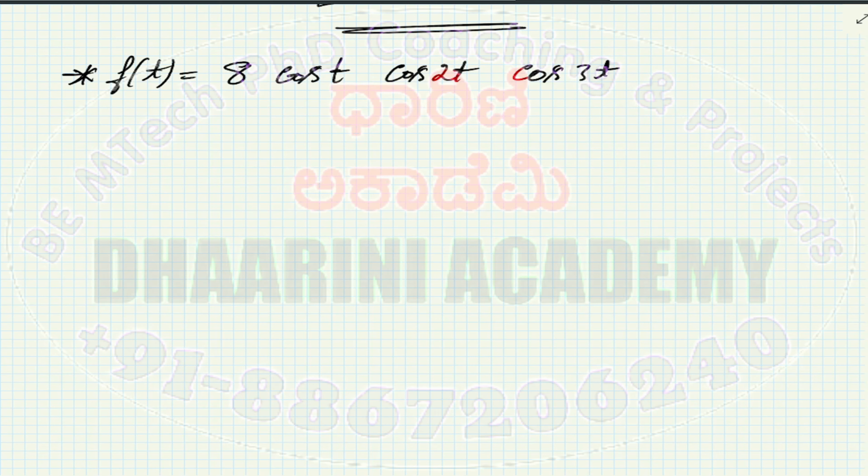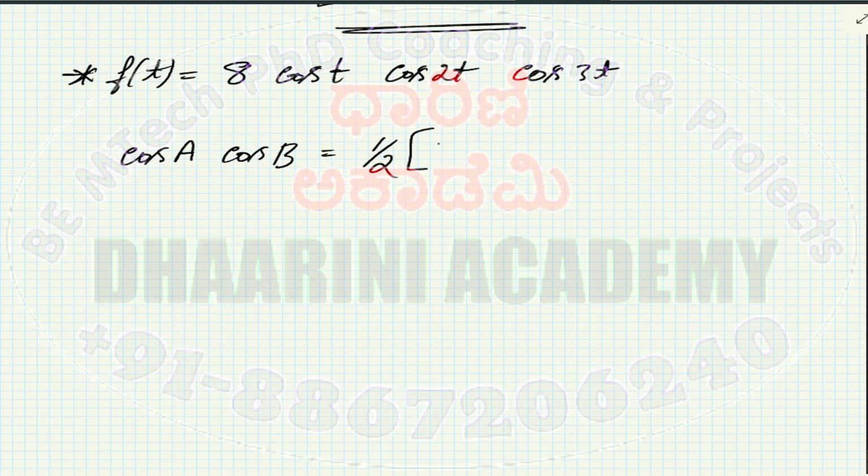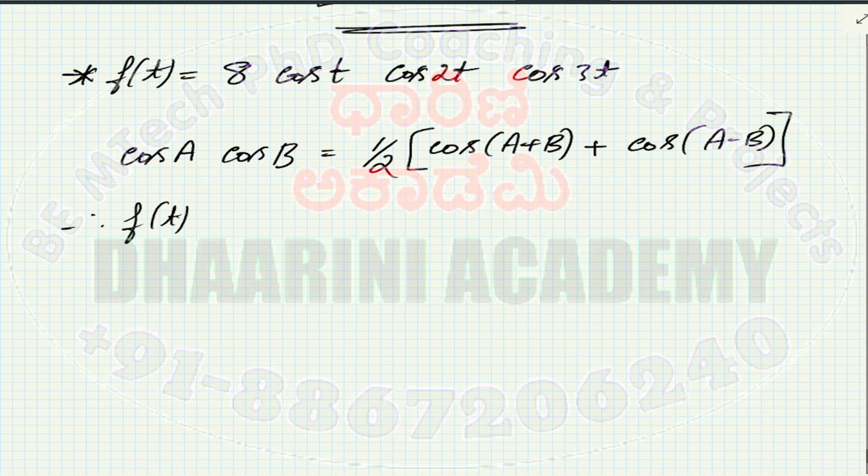So for that reason, in this problem we are going to apply another identity from trigonometry. If you have cos A into cos B, then the result is half of cos of A plus B plus cos of A minus B. So let's apply this now. Therefore, f of t is equal to,